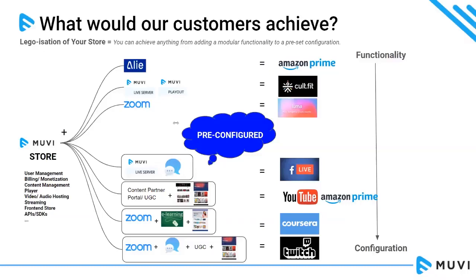You can go to muvi.com, and we have an all products menu where you see all our products listed. And you can go to their respective pages to learn more about them. We have help articles which are more detailed, and videos which help you understand what they do. Even if you are looking to create a platform outside our system but need a billing engine for your platform, we have Muvi Billing, which helps you,